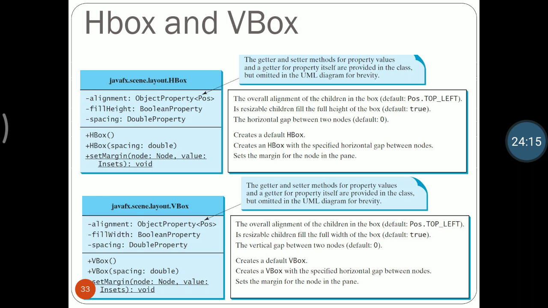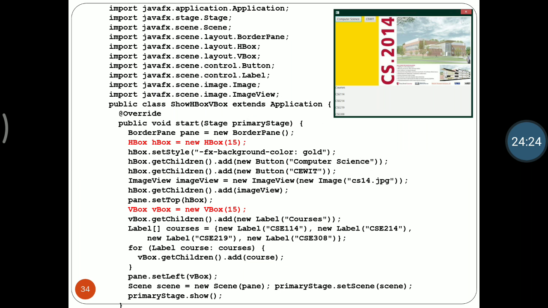Same as HBox, VBox will create a box but in a vertical manner. As an example, we can see here we have put 3 horizontal boxes and different 5 vertical text into this image. We can see a yellow colored vertical box, then the second horizontal box and third image.